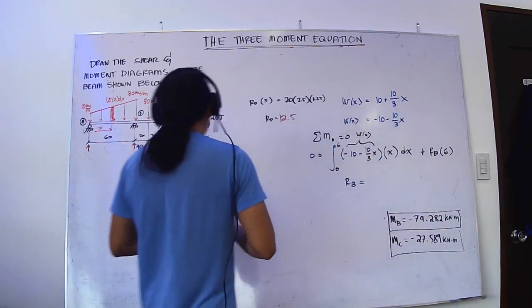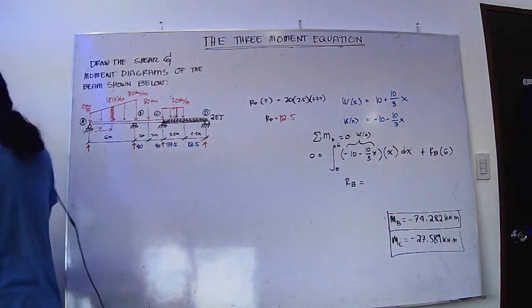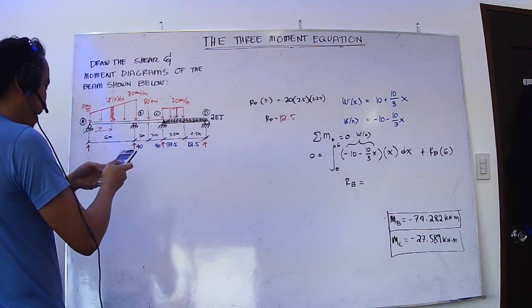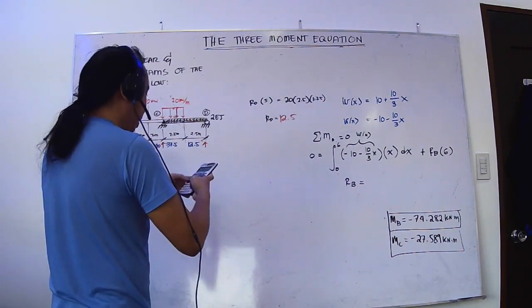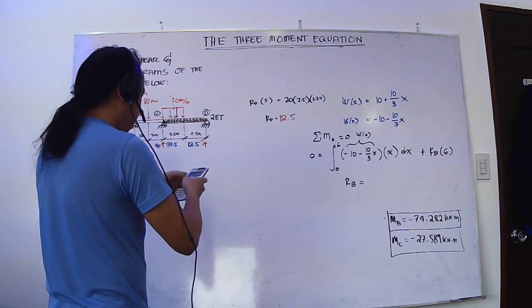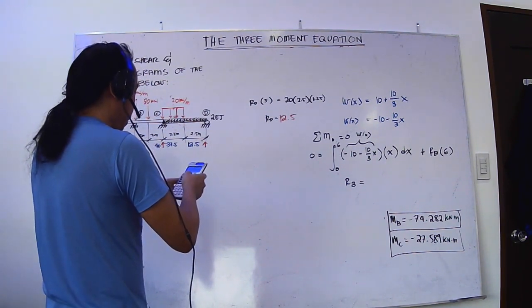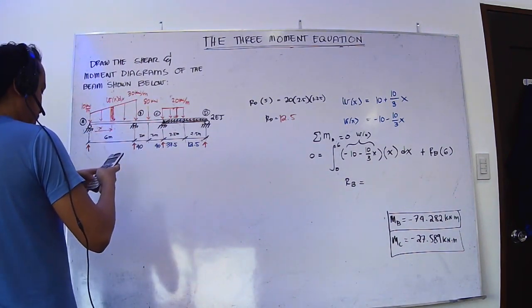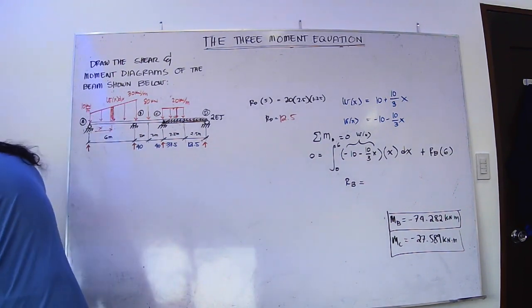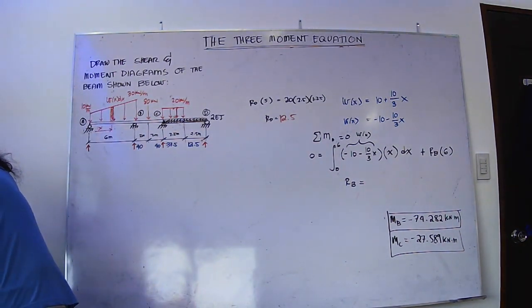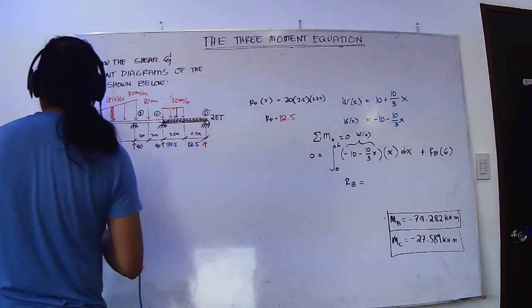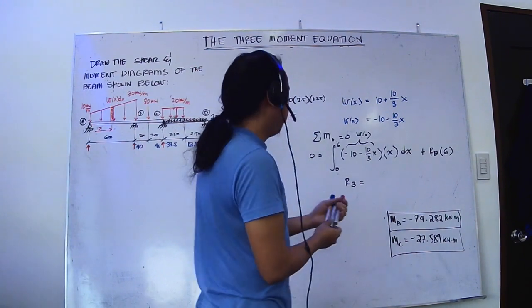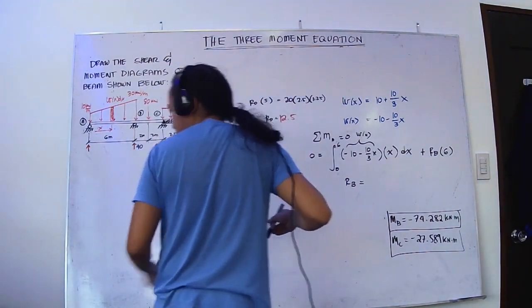RB would be equal to... So it's an intense calculation. Okay, so RB is equal to